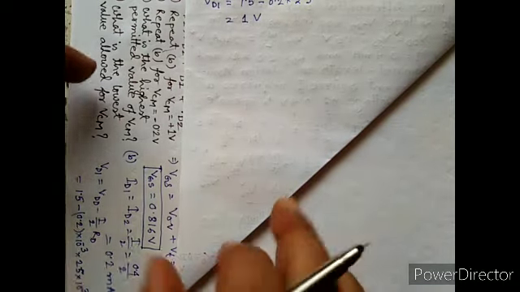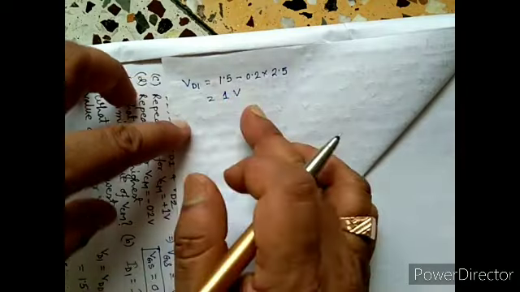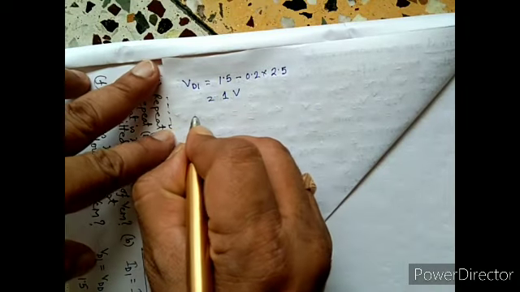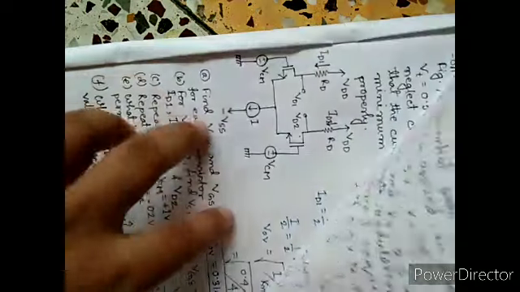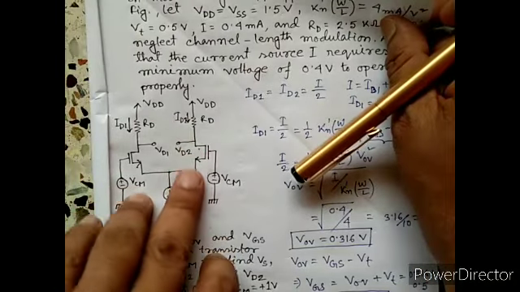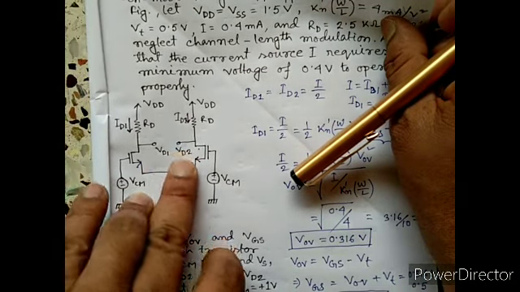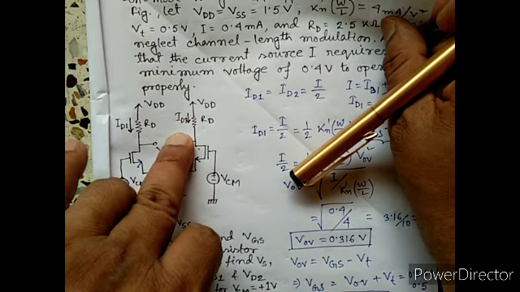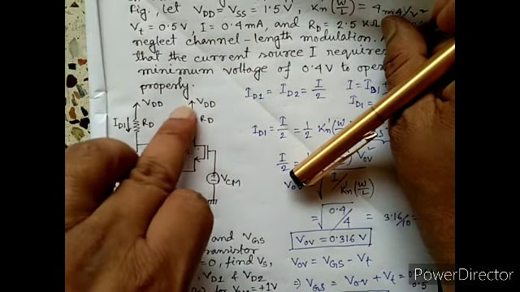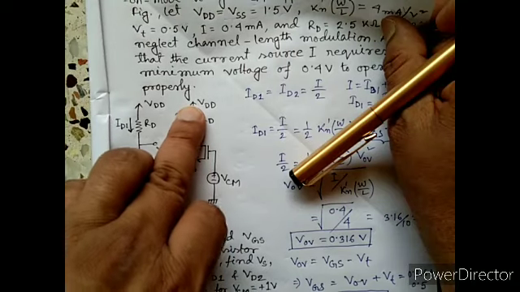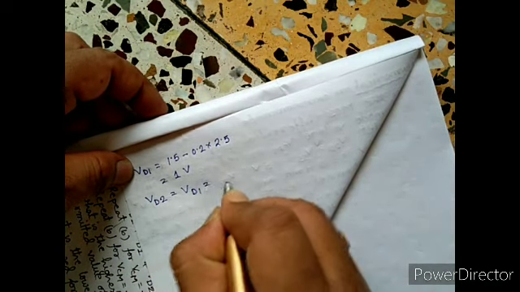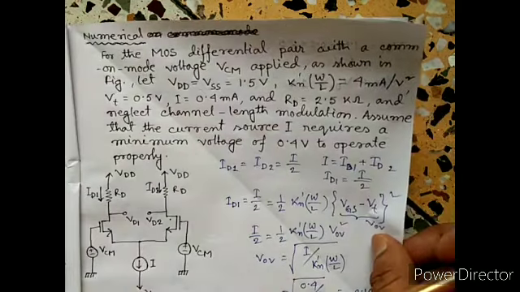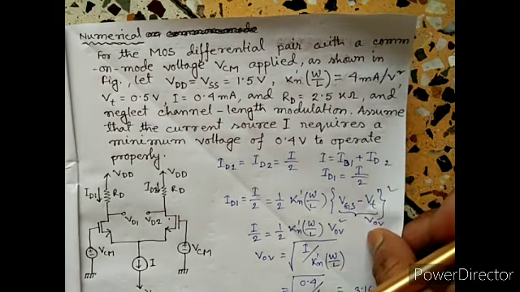Now VD1 equals VD2, the same potential will come across the other terminal VD2, as the current ID2 is the same as ID1, so the same potential will drop across here. VDD value is the same, so VD2 will be the same, that also equals VD1, equals 1 volt. We have to find out another thing, VS.